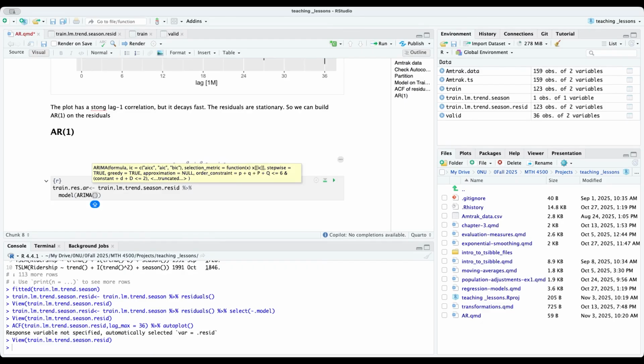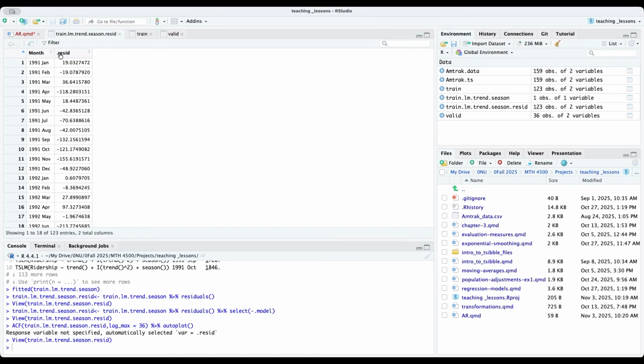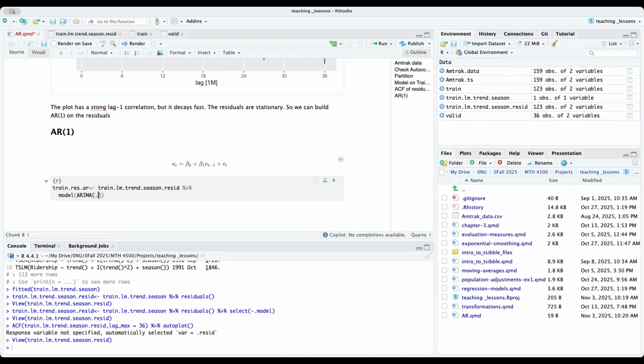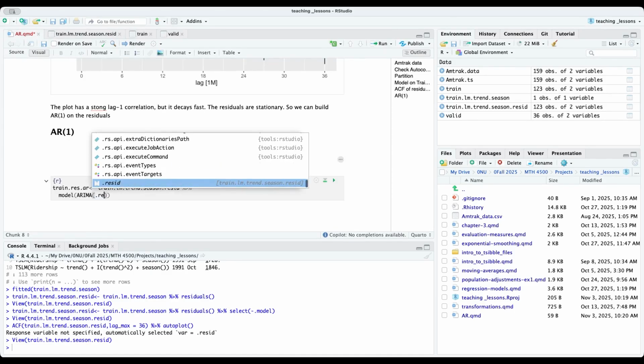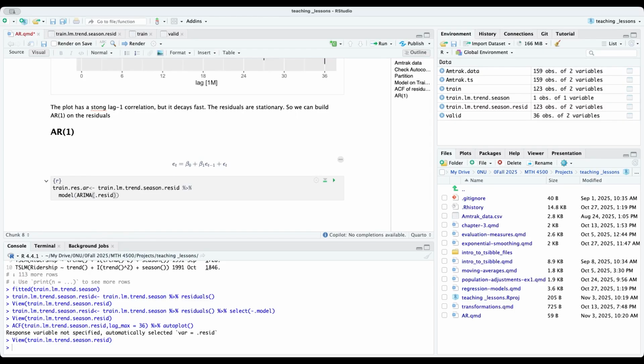So ARIMA, let me go back and look at this. My response function is residual .rez. And I'm going to do something here. I'm going to say 1 plus